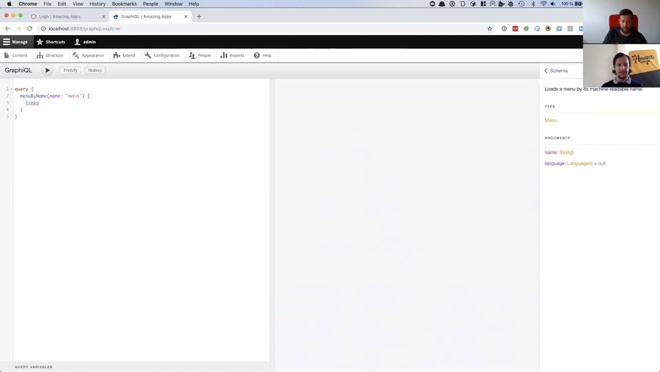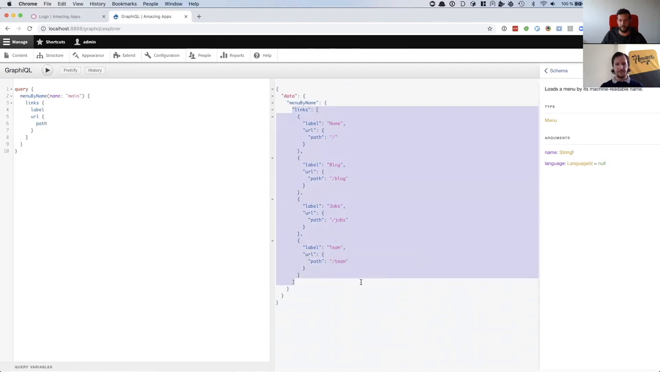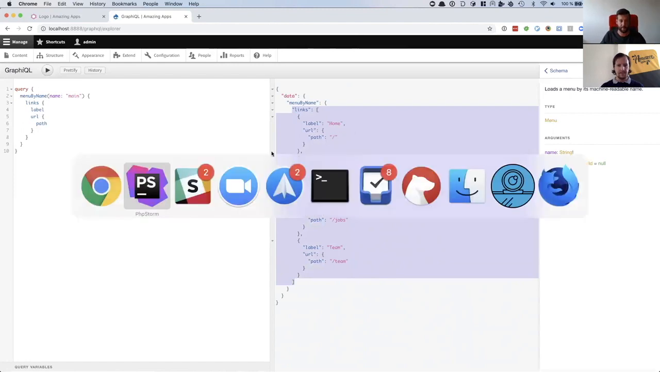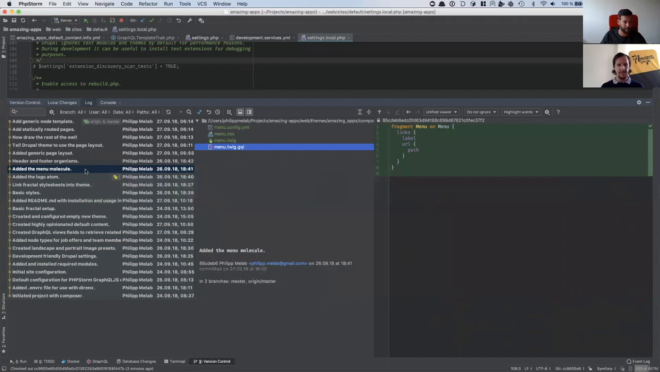Then we want all links. This is an object that it complains about and wants us to pull additional properties. And we're going to need the label and the URL, which is an object itself, and from this URL, the path. And executing this query will essentially give us back exactly the structure that we're expecting in our menu component template. And if we're going to check out this revision,